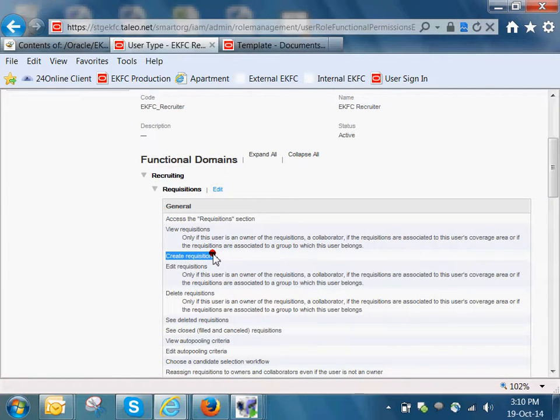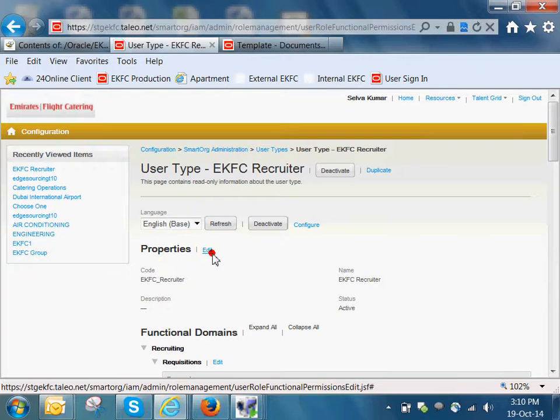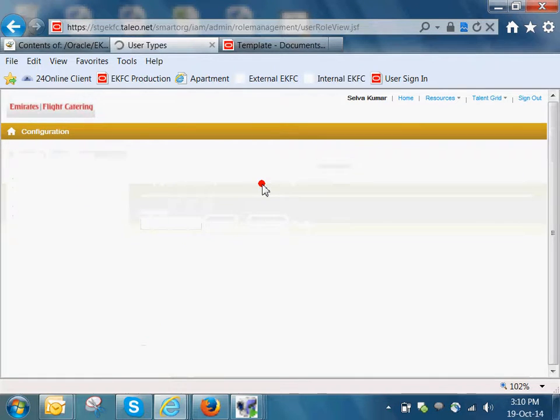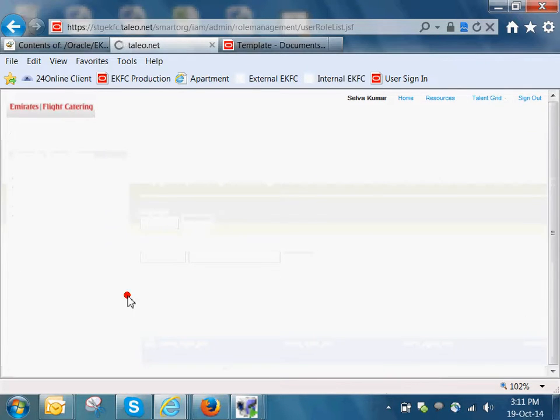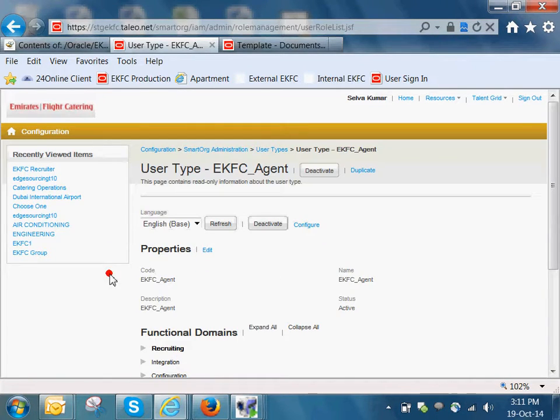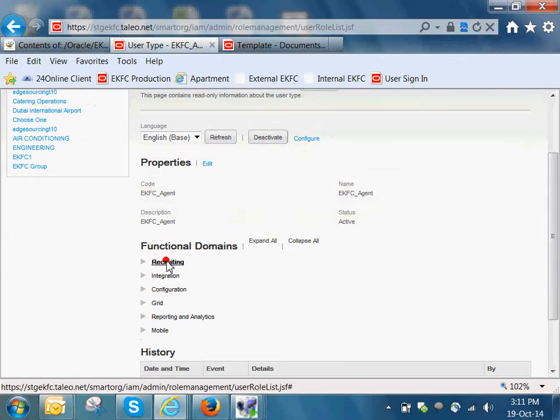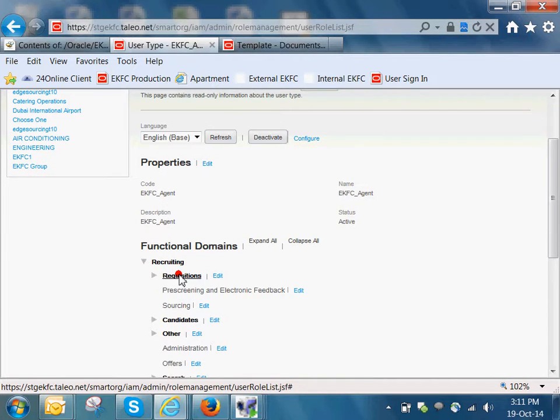I gave create requisition as yes, and now I am going to navigate to the EKFC agent user type. I am navigating to the same section under recruiting, requisition.